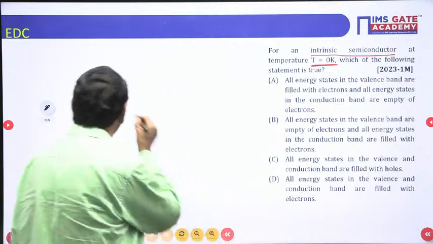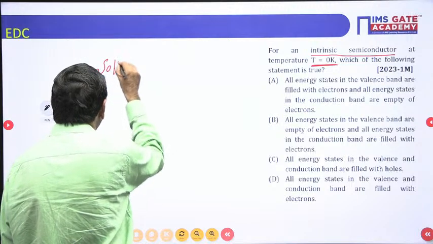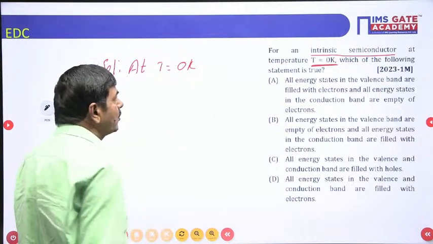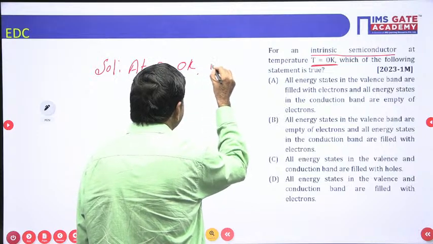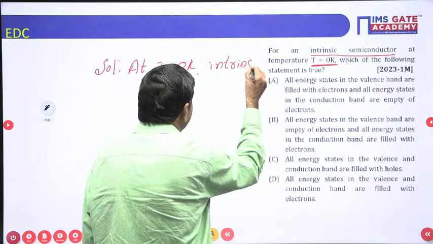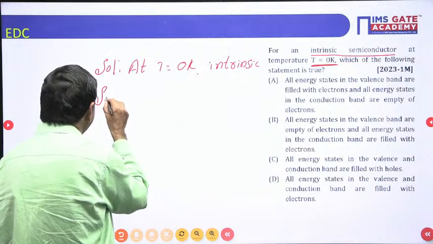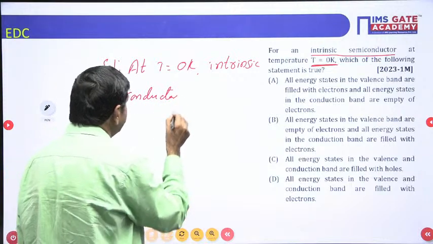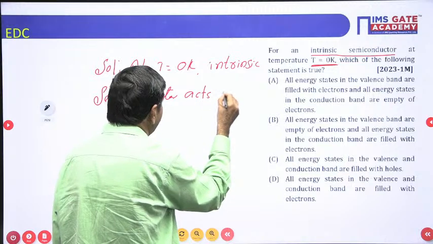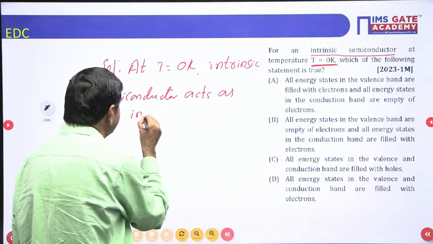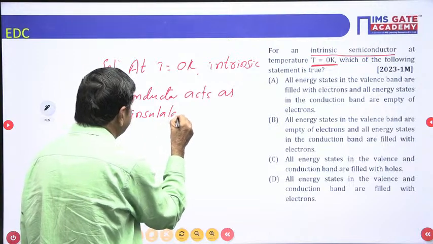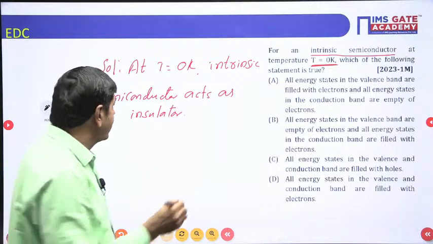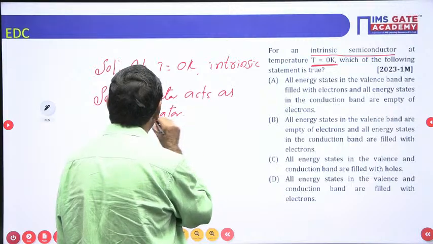That's why we can write one point in the solution. At T equal to 0 Kelvin, an intrinsic semiconductor acts as an insulator. That is very important. It is acting just like an insulator only. Why? The reason is because